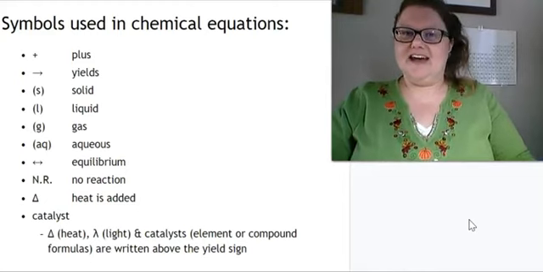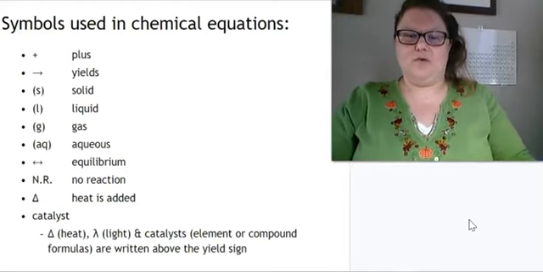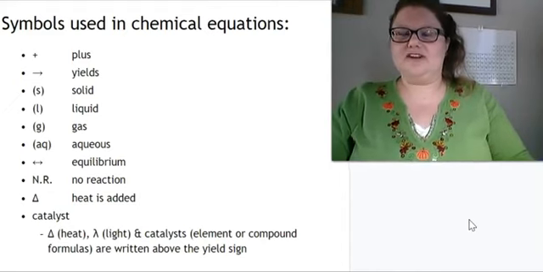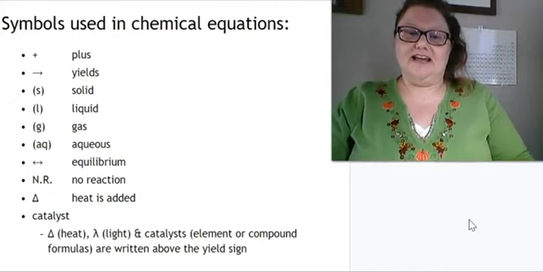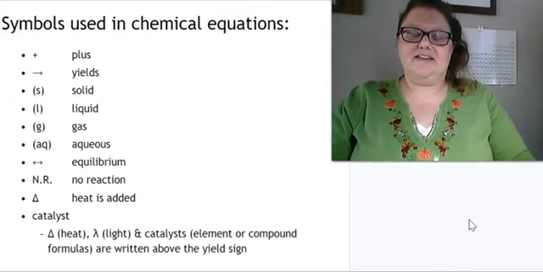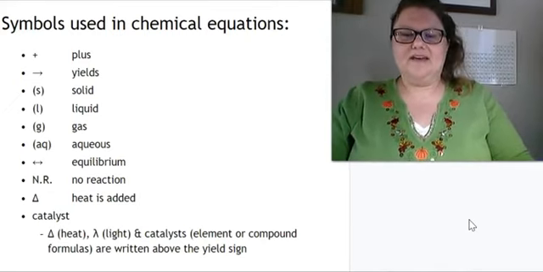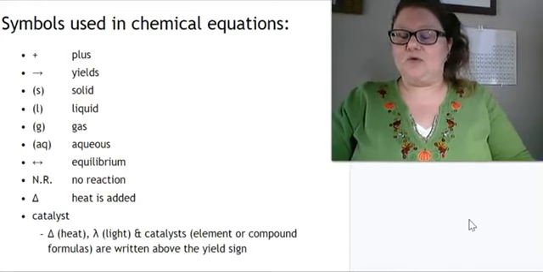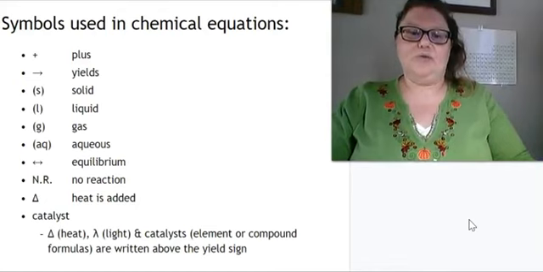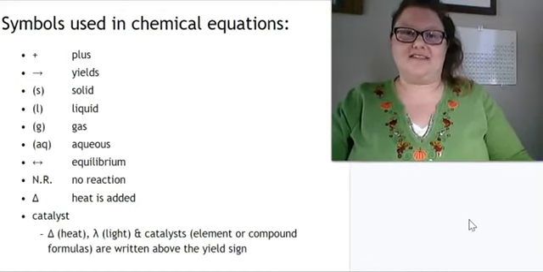And then we have a catalyst, and this can take a few different forms. Again, we see the Greek letter delta representing heat. We have the Greek letter lambda that we use to represent light. That's usually UV light when it's exposed to a reaction. And then we have different catalysts that are substances. These can be elements or compounds. And what we would do is we would write the formula for that substance